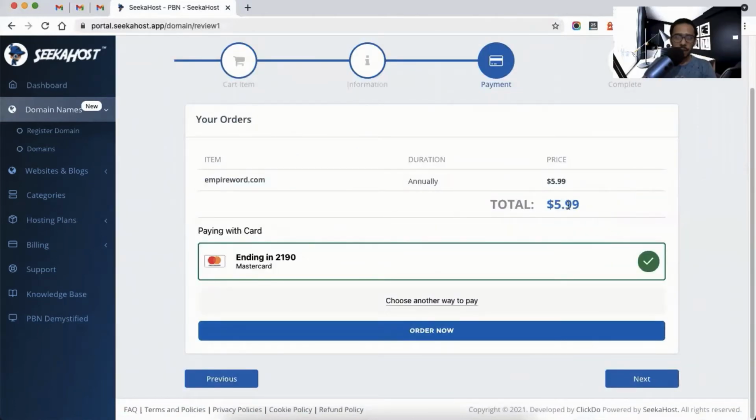So my bill is 5.99 USD, and I have already added my card right here. So you might have to add your card there so that you can pay and check out the domain. Once you add your card, click on order now. The first time you order your domain, it will require some extra authentication through a one-time password. But once you buy your first domain, it won't be required for further orders. I will click on order now,